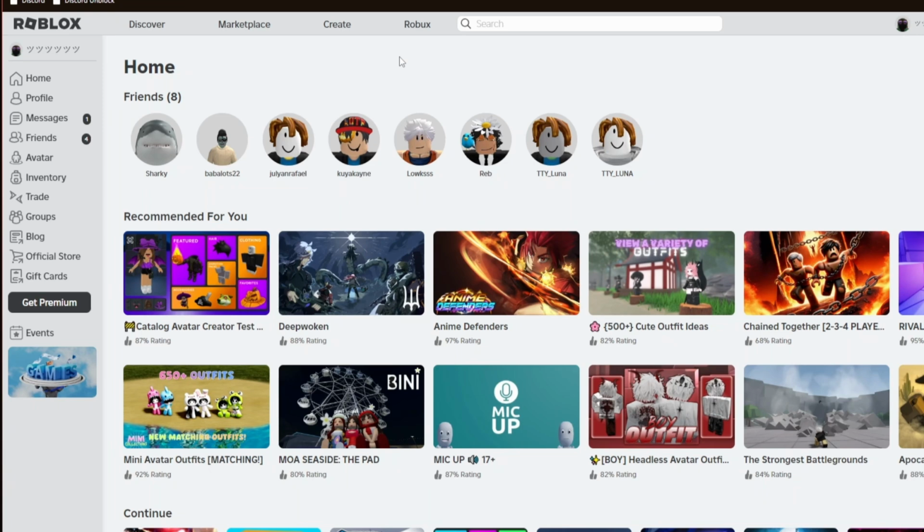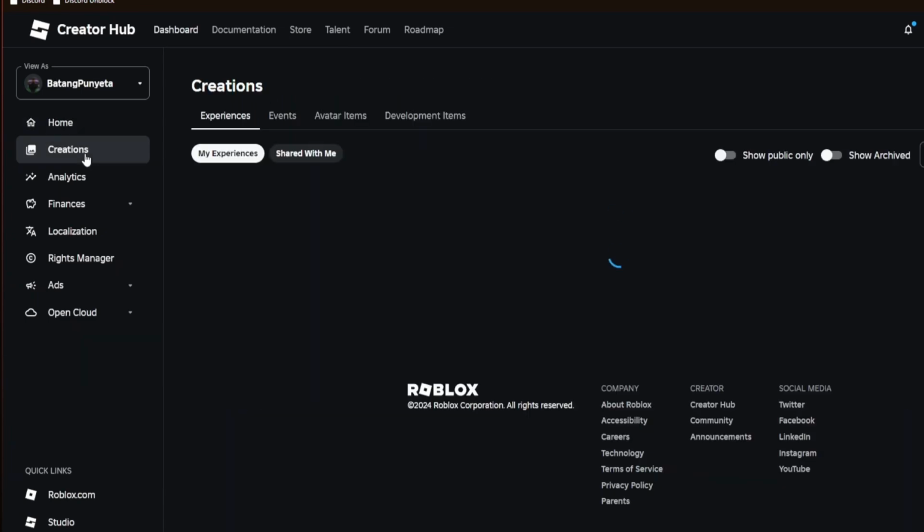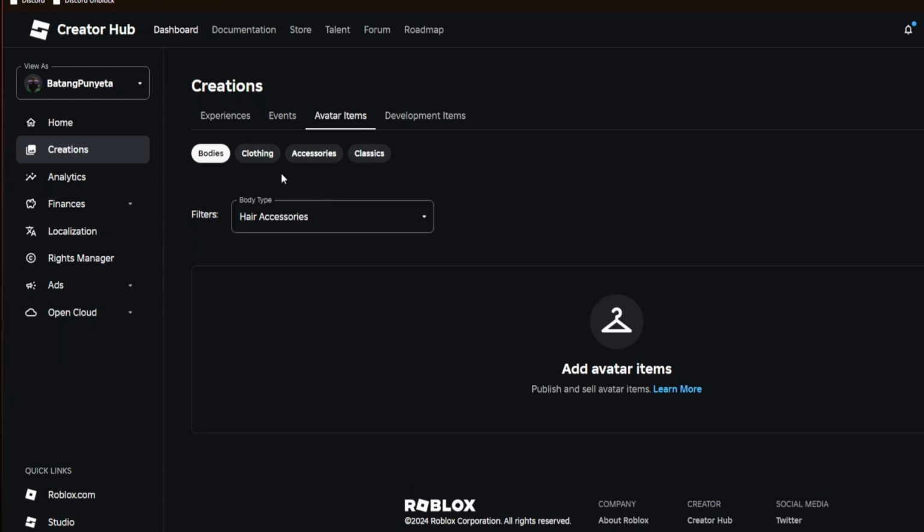Right after that, you want to navigate through the create category of Roblox. On your computer, you can just click on the create button above your screen and you will be taken to your account right here. Inside, you want to click on creations, click on avatar items, and from here you could just go ahead and